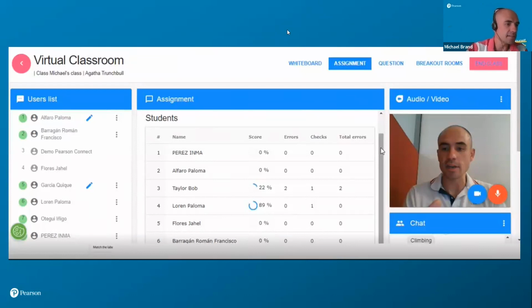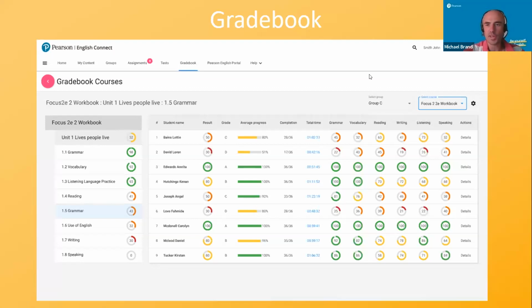Okay, good. Let's look at the screenshot of the gradebook as well. I'll just give you a second to scan the page. Okay. So this is an overview from a teacher's perspective. You can dial down into a unit, a lesson, an individual activity, and see the students' grades for that.